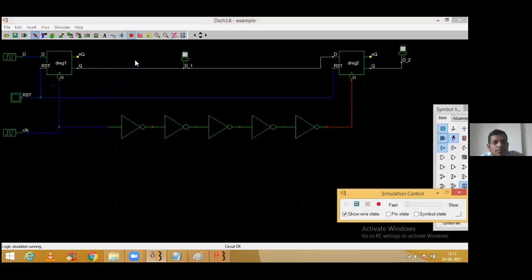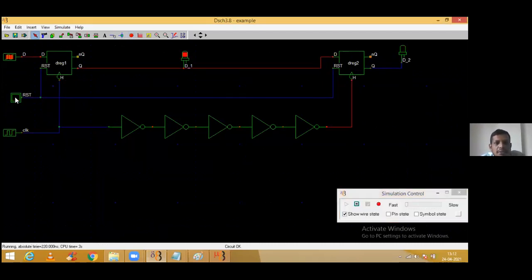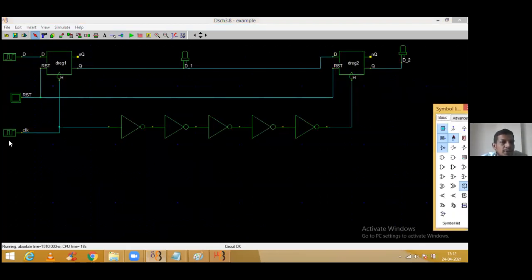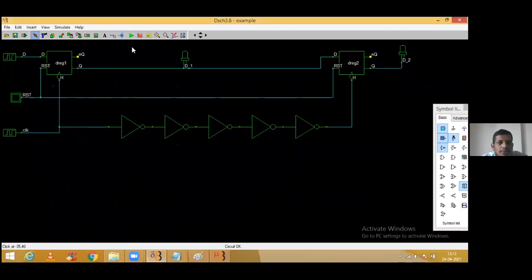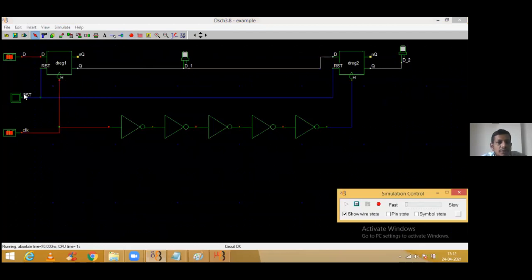And now if I simulate, reset that one. So guys, is there any delayed version? Just try to concentrate on this one and this one. That will glow first, that will glow later. And again, that will turn off first, that will turn off later. One more thing that we can do, that clock can be made slower so that you can observe it significantly.